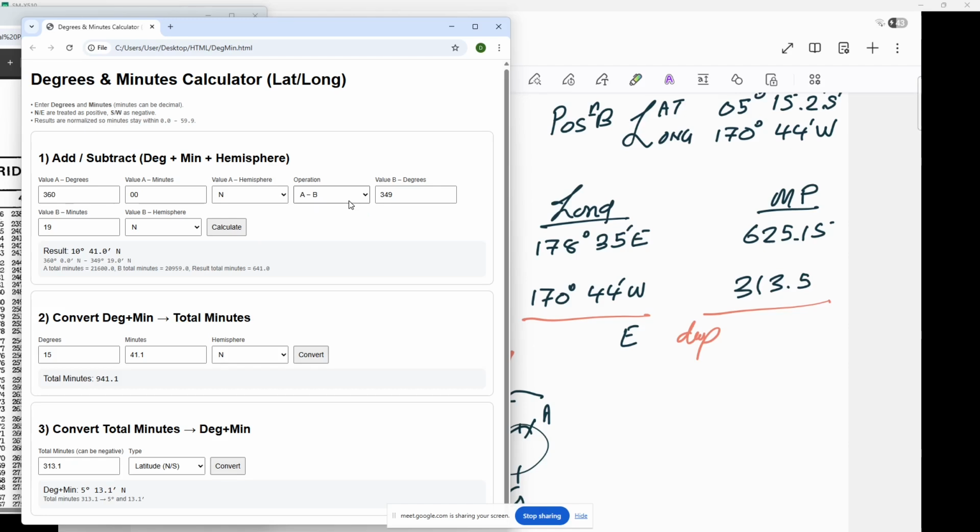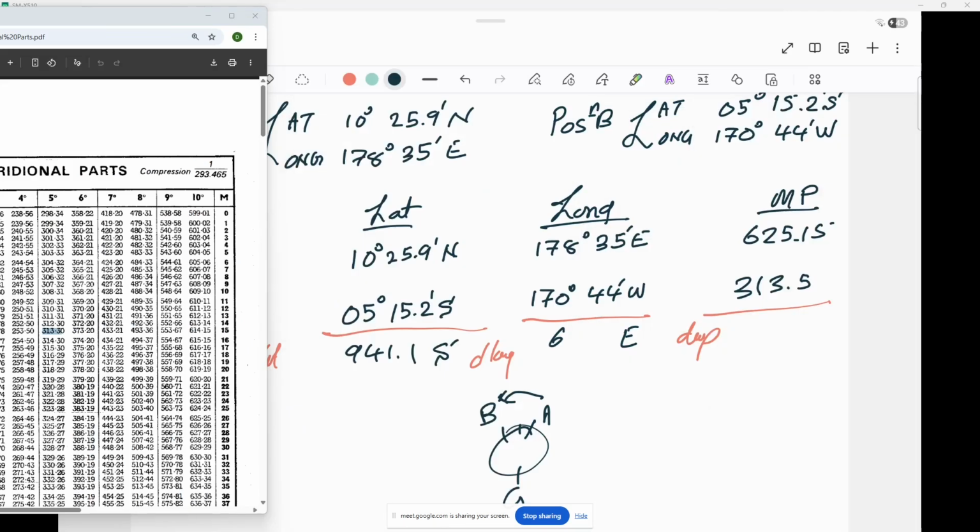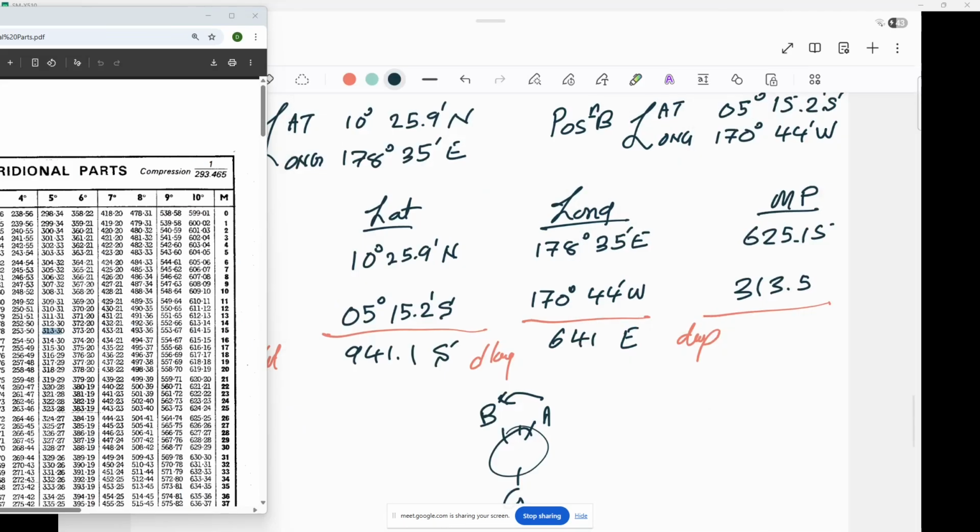10 degrees 41 minutes. When we convert that one into minutes, 10 degrees 41 minutes, when you convert it is 641. So 641 is your D long, and then we have to add meridional parts, which is